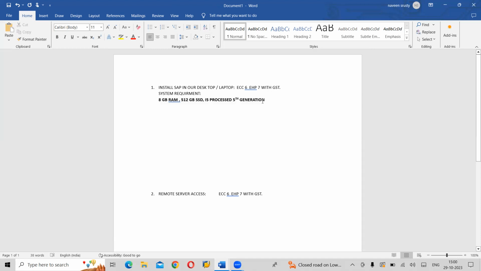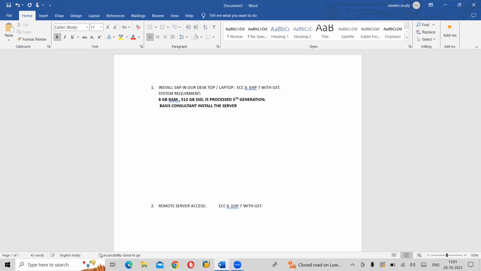They will install this particular software in your system. I said it should have minimum 512 GB. Out of the 512 GB on your SSD or hard disk drive, the basis consultant will install the server in your system.